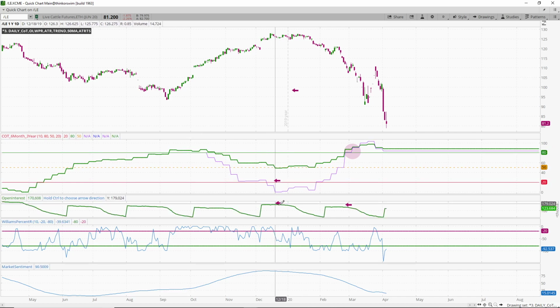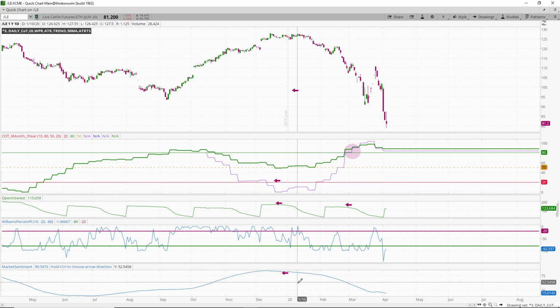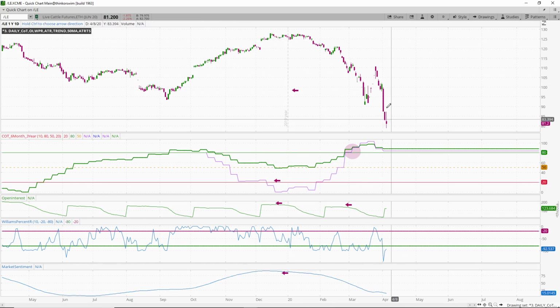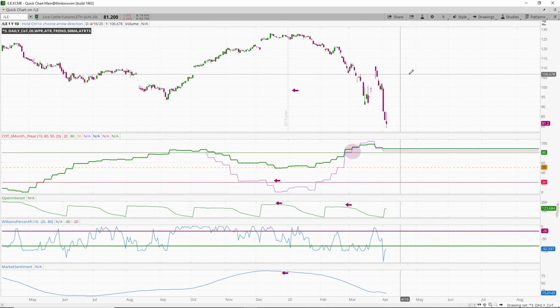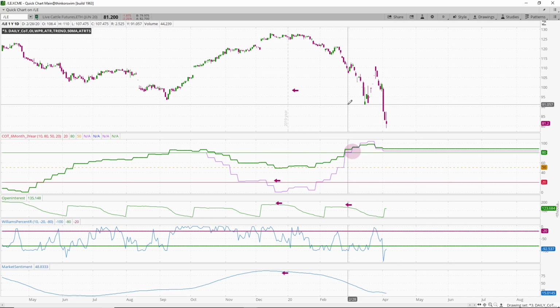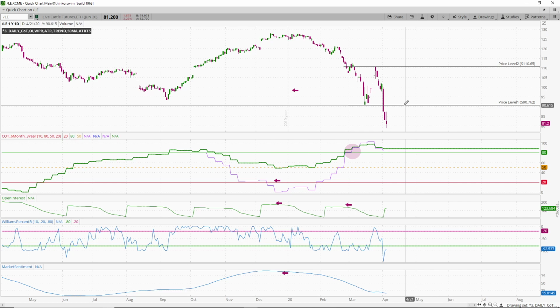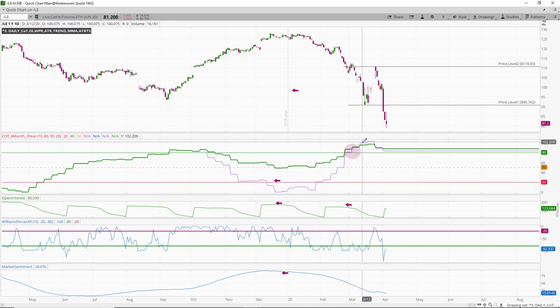Open interest really high. It's time to think about getting out of the pool. Market sentiment's really high. We want to get out of here. You know, we don't want to be holding long positions up here. And there's your retrace. So bullish, and we get some nice price movement. And to put this in relative terms, that's a 20 point hike from bullish to retrace. What's going to happen in the coming weeks? Couldn't tell you.